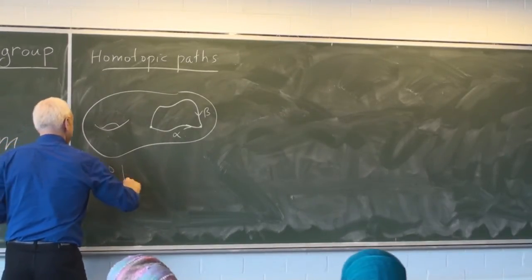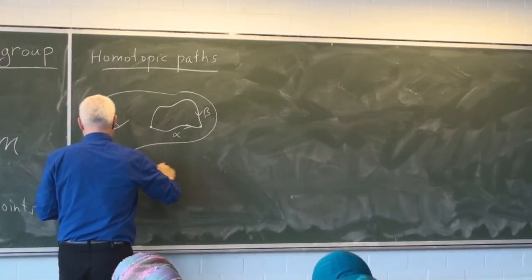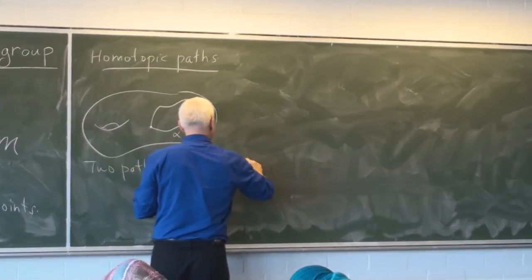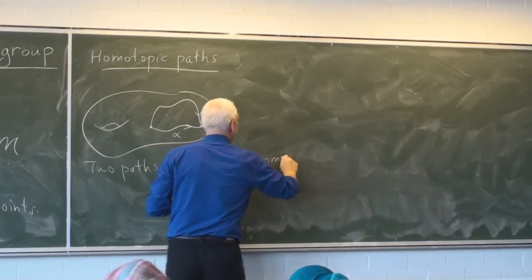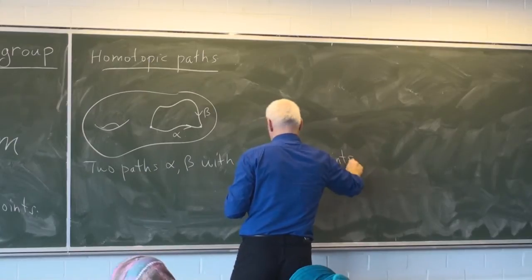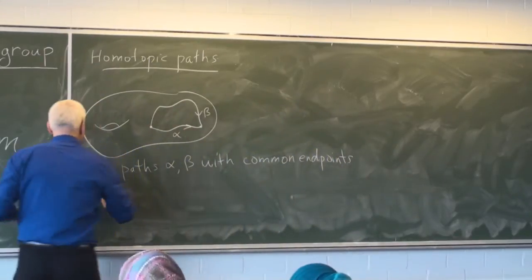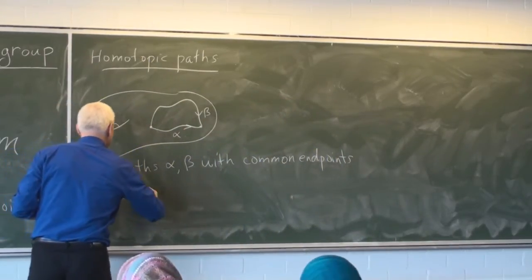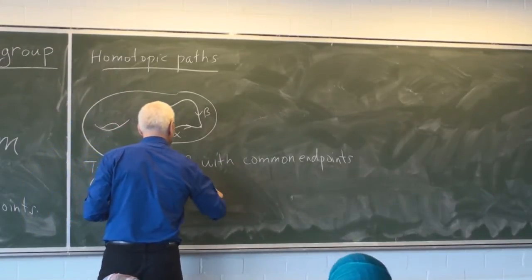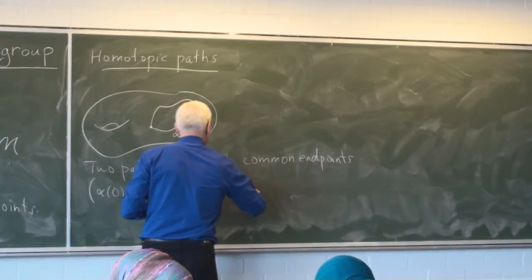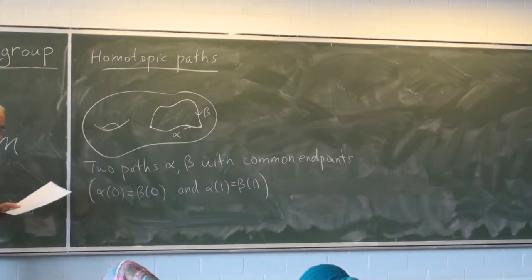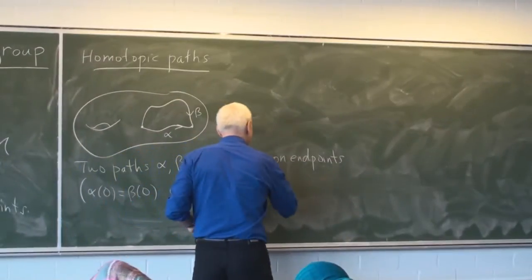So we say two paths, alpha and beta, with common endpoints, in other words, alpha of 0 equals beta of 0, and alpha of 1 equals beta of 1, are equivalent or homotopic